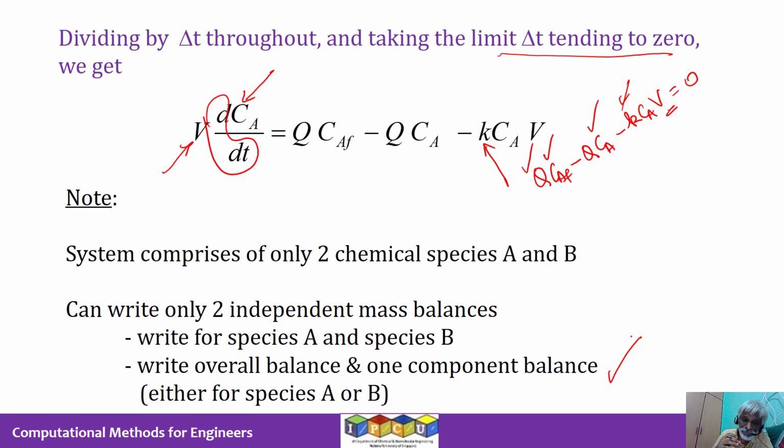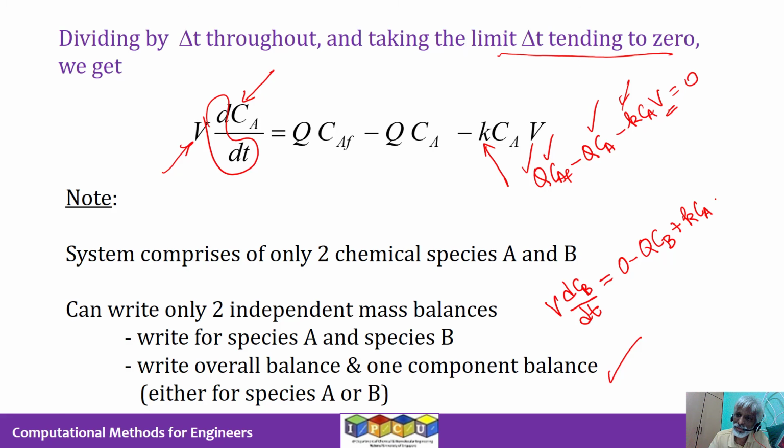If we had to write the species balance for B, we would have an equation of this type: V dCB by dt. Try to derive this. It is going to be equal to 0 because the inlet stream has no B. The inlet stream is pure A. Therefore, it has no B. You can write minus Q times CB, and then, actually it should be plus, because B is formed. For every mole of A that is destroyed, 1 mole of B is formed because the stoichiometry is A goes to B. Therefore, you can write plus